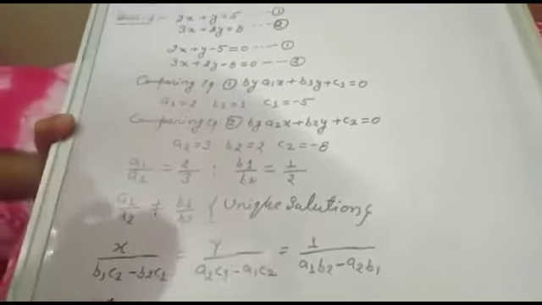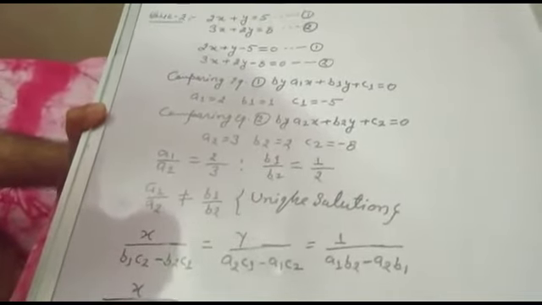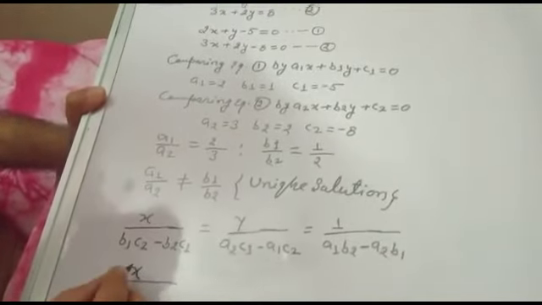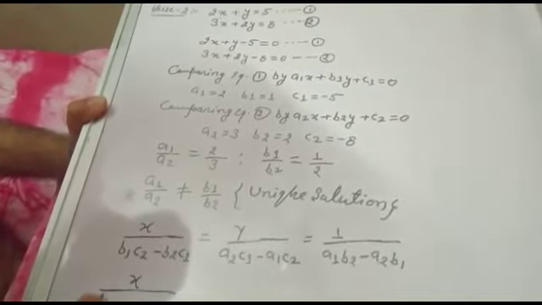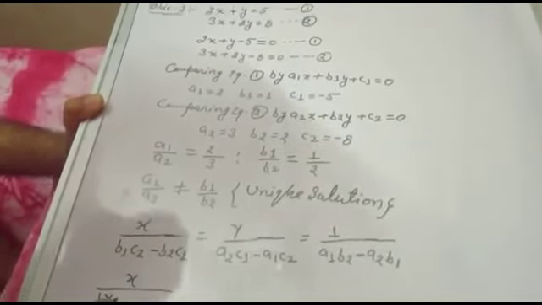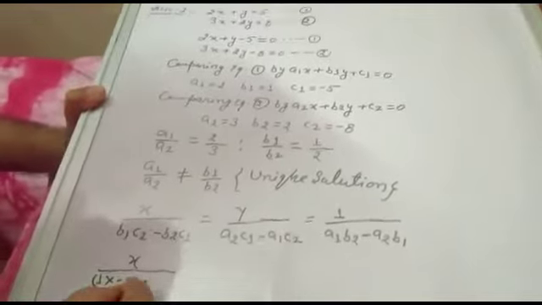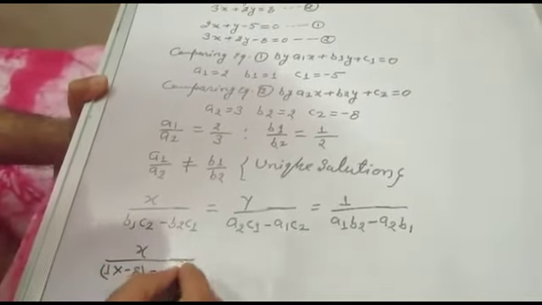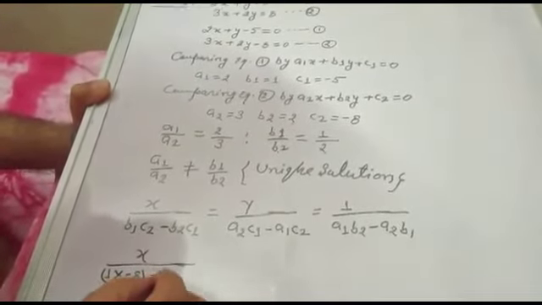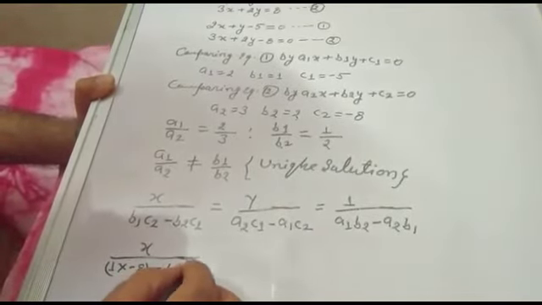Now putting in the values of a1, b1, c1 and a2, b2, c2: b1 is 1 and c2 is -8, minus the value of b2, which is 2, into the value of c1, which is -5,